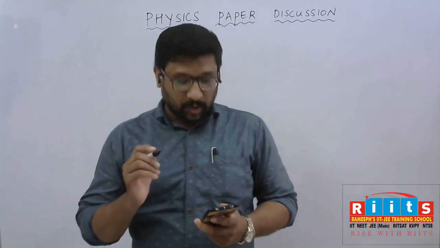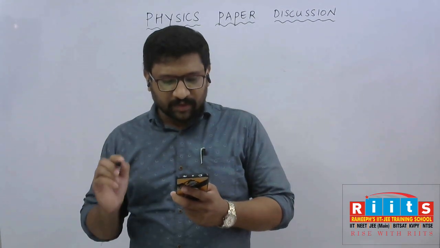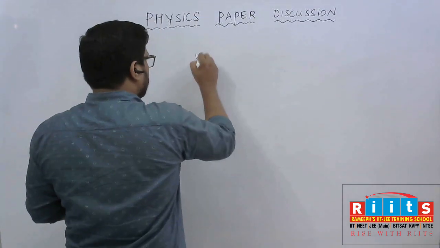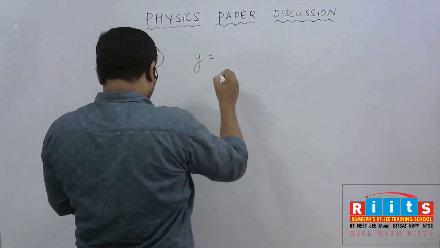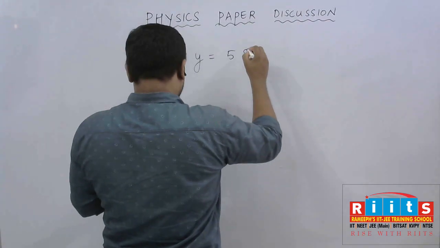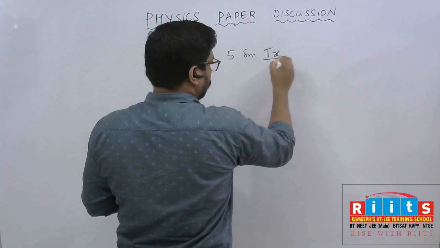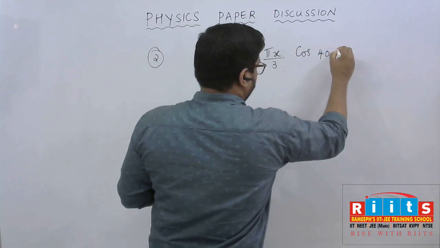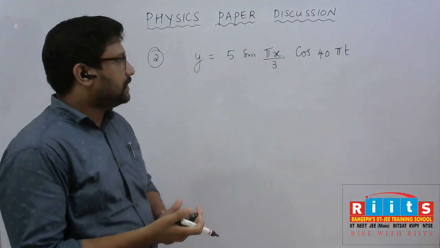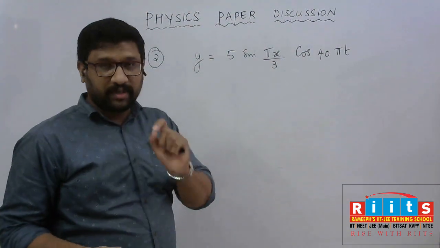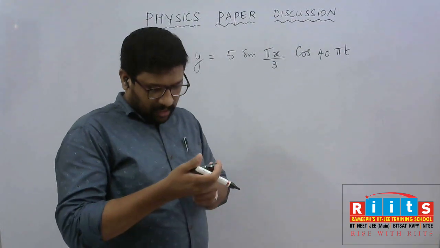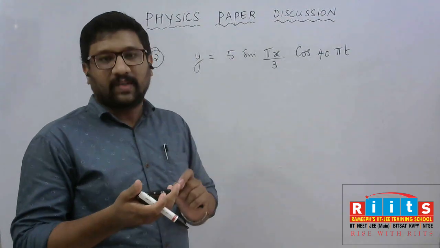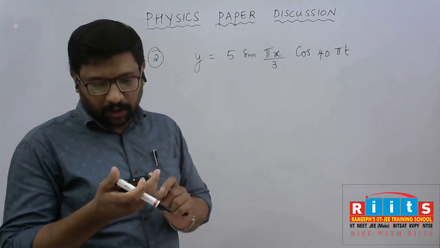Okay, let's discuss question number 2. The equation of a stationary wave along a stretched string is given by y equals 5 sine pi x by 3 cos 40 pi t. So this is the equation of a wave in a stretched string. Obviously, this is the equation of a standing wave. What they are demanding, when x and y are in centimeter and t is in second, is the separation between two